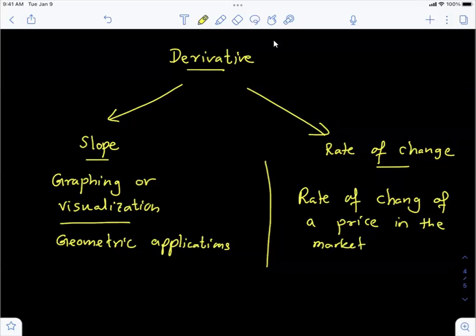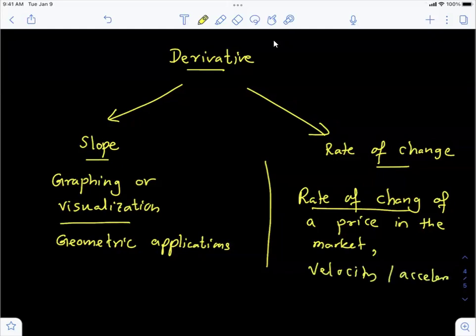In the stock market, if you consider, right? So when you consider some commodities, some specific objects, you need to keep an eye on the rate of change of this, right? You need to make quick decisions sometimes. And then let's say some physical applications where you have velocity,